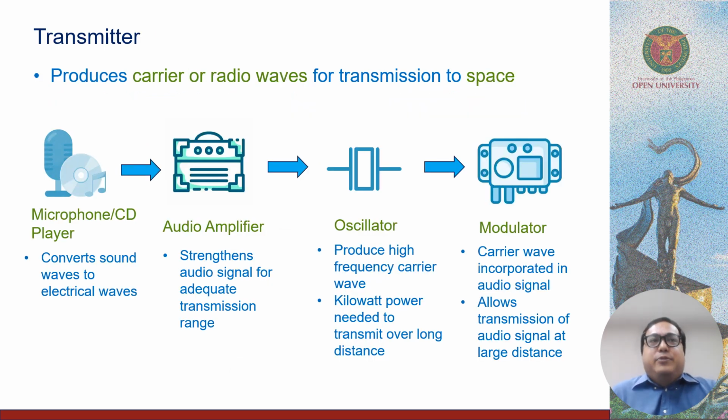There are actually three components or processes that are needed to have a successful radio transmission. First is the transmission of the radio waves. Second is the receipt of that transmitted radio waves through a receiving antenna. And third is, of course, once it is received by the antenna, how it is processed to be heard over the radio system of the viewers or listeners of the radio station.